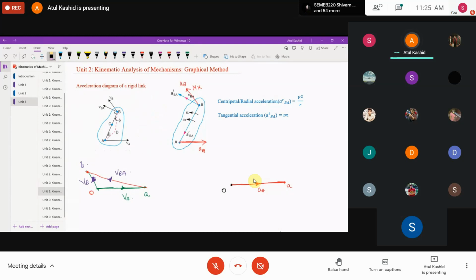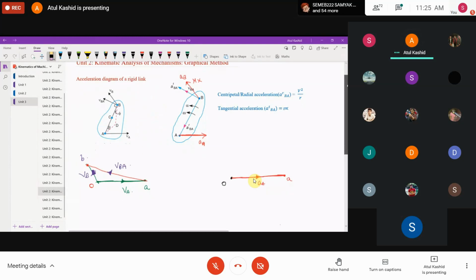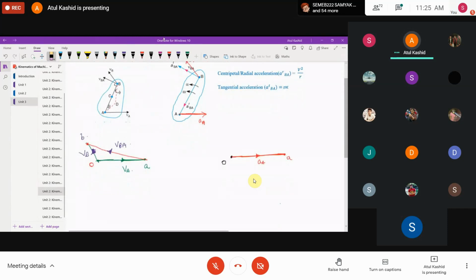So let me go somewhat down. Okay, so now, as I told you, we are going to talk about the acceleration of B with respect to A, right? For this, the trick is I have point B and A with me, and I have to identify which point is available in the diagram. So I don't have point B, I have the point A. So I have to start from the point A, right? But we know that when we talk about the acceleration of B with respect to A, I have two components, right? One is the radial and second one is the tangential component.